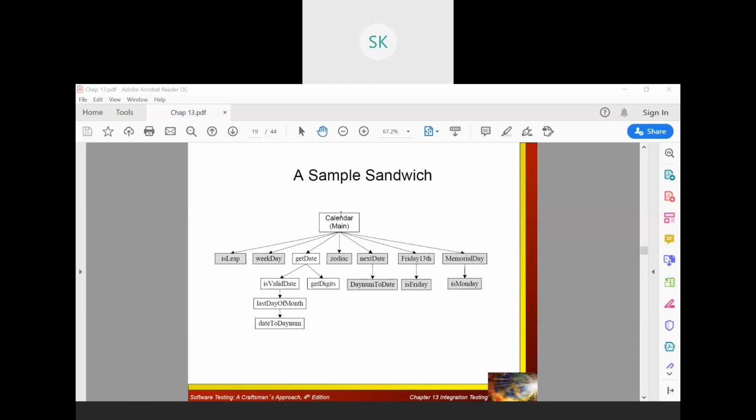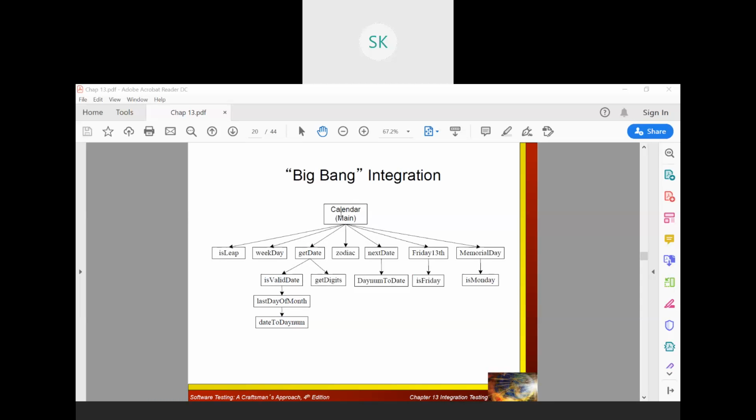Check with the value. This is how it will be done. Big bang integration: nowhere are we concerned with respect to it. Everything will be done on its own. It will be based on the threads. I'll give the threads for each one of it.